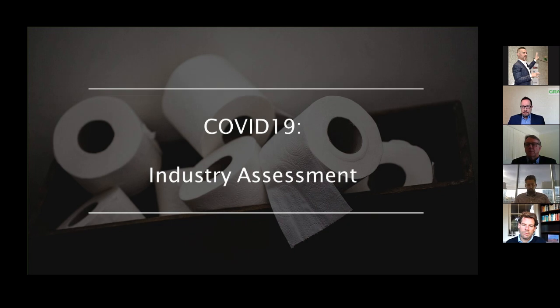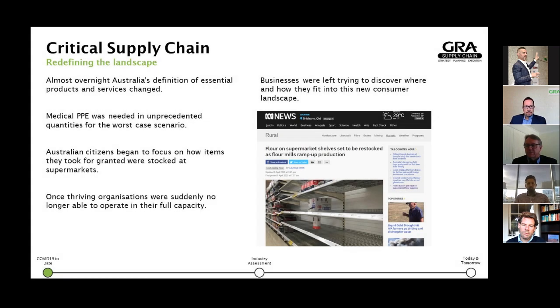So given the turbulence and chaos of both demand across sectors and the bullwhip effect within sectors, let's now have a look at what's happened in some key industries. So COVID, as we know, completely reshifted the landscape in terms of what was seen as essential. I think it also highlighted that Australia was lacking, quite thin, in what might now be seen as some critical